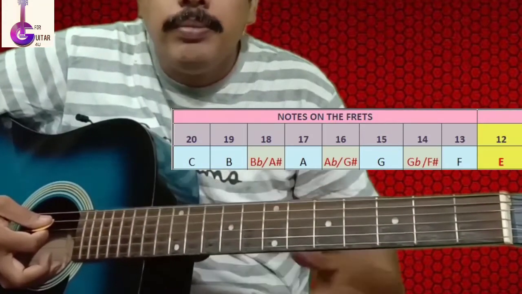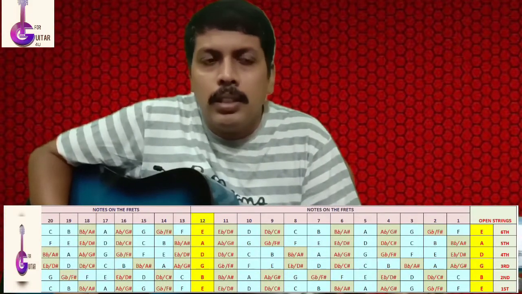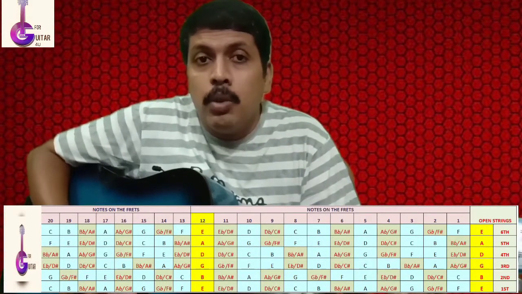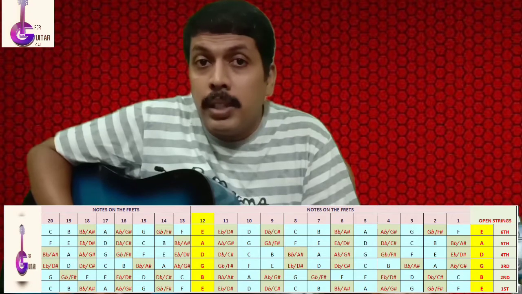Okay. You must learn all the notes very carefully so that you can get a proper understanding about the notes of the guitar and ranges also. Okay. Then only you can play the leads properly. Okay. So I am going to end today's class. In today's class we learned about the complete fretboard.